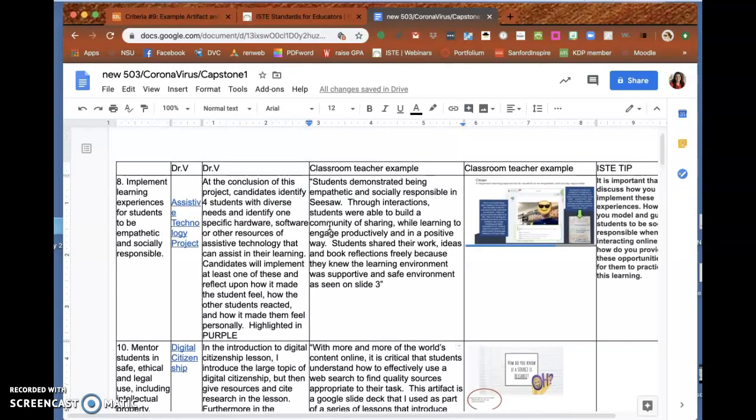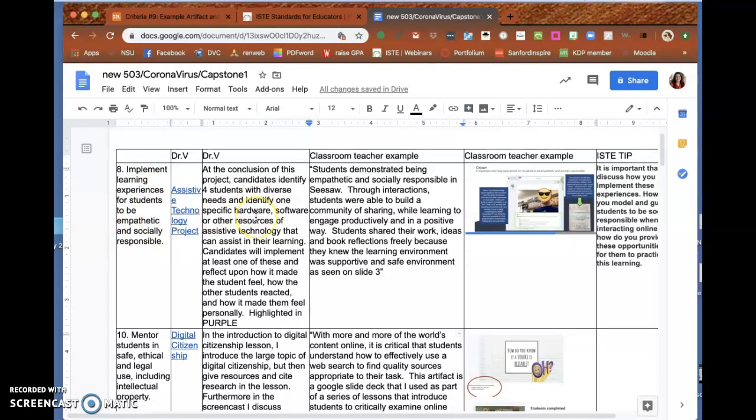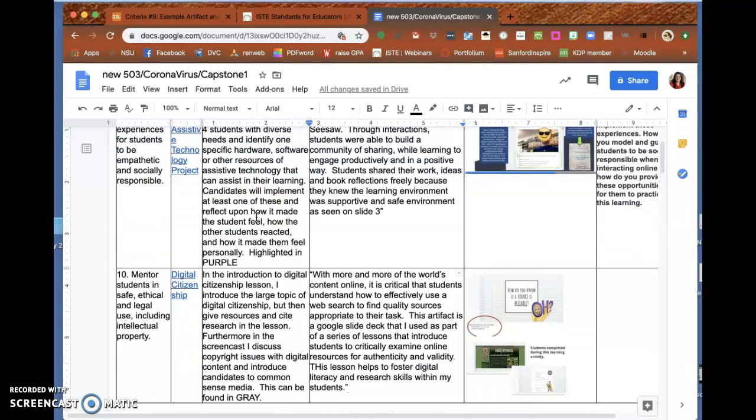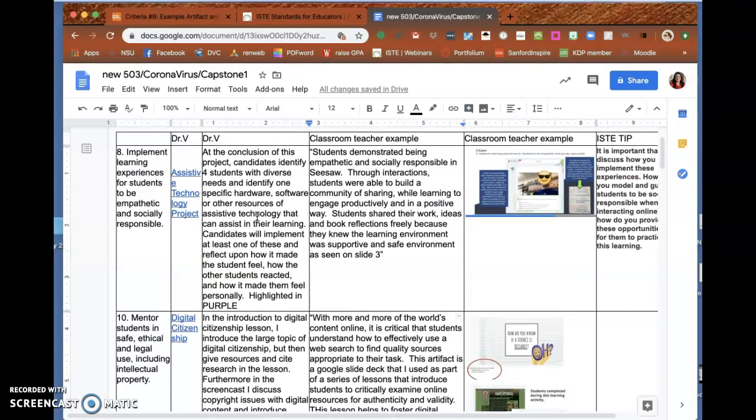But you have to make sure you can, like these teachers did, take a screenshot and really show where you are meeting the exact standard, because they all three really do go together, but they each have a different twist on it.